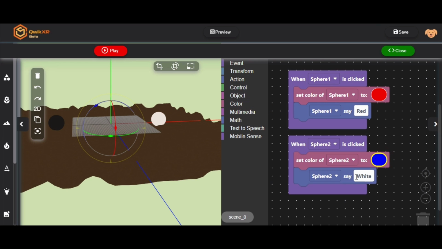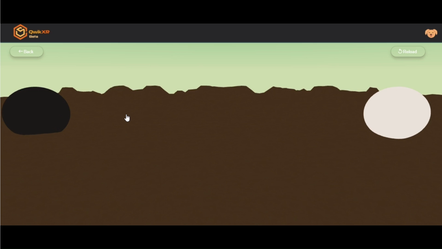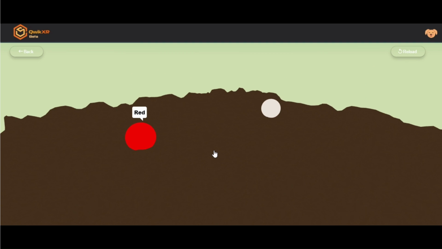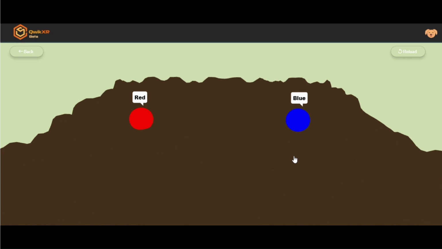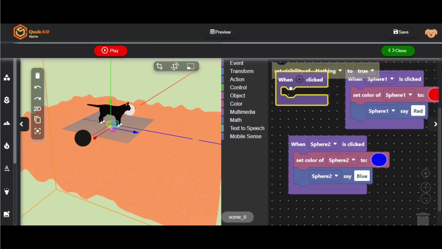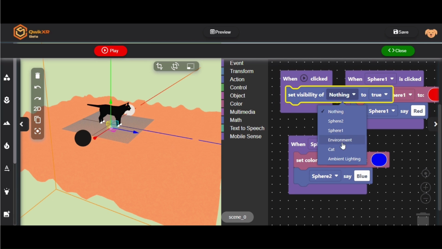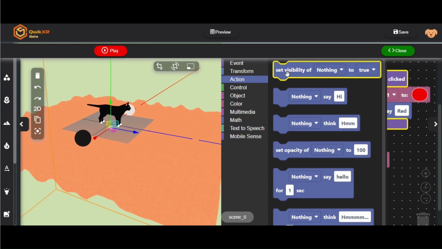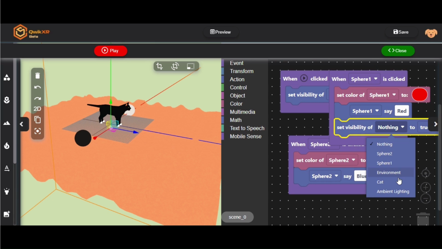You are also able to show and hide the model with the help of the visibility code block. And now let's see how it works. Firstly, I drag and drop a cat into our platform, and with the events option I set that when we click on the play button, our cat will hide. So we are able to see our spheres only, and see what happens by clicking on the play button. Well, it works. After that, set a code that when we click on sphere 1, our cat will show. So from this, we can hide or show our sprite in our project.